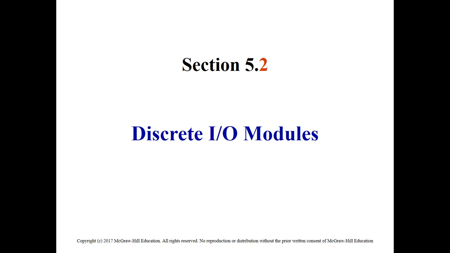Okay, in this section, we are going to talk about the discrete input-output models. We mentioned that we have two types of input-output modules. One is discrete and the other is analog. And the difference between the discrete and analog depends on the type of the device that can be connected